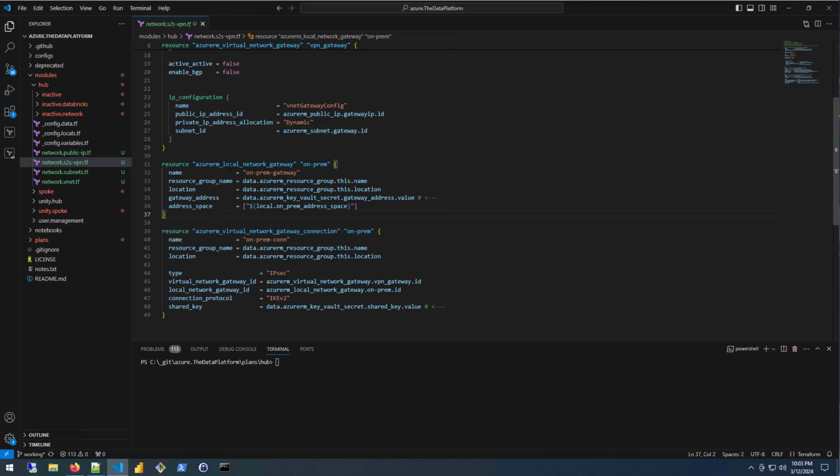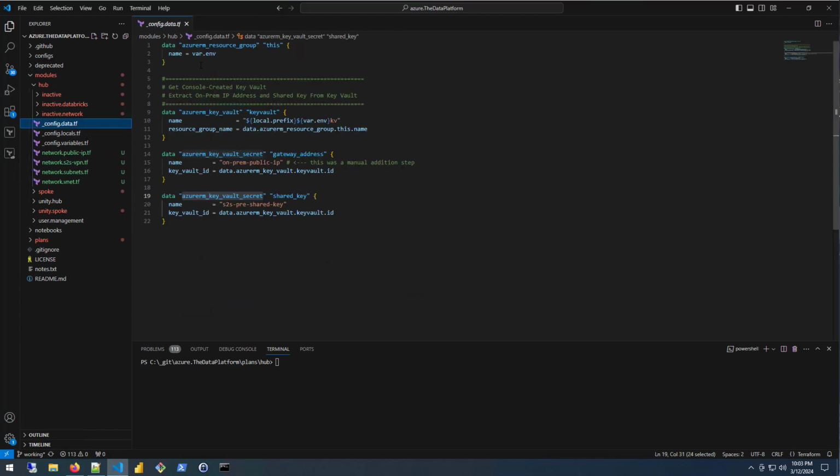All right, so my local network. So this is a gateway again. This is an on-prem gateway. I've got these standard resources. You'll see these a lot throughout my code, as I'm using a data block and I'm bringing in the resource group name, whatever. So I'm just passing that, just so you can see what that looks like. My resource group,